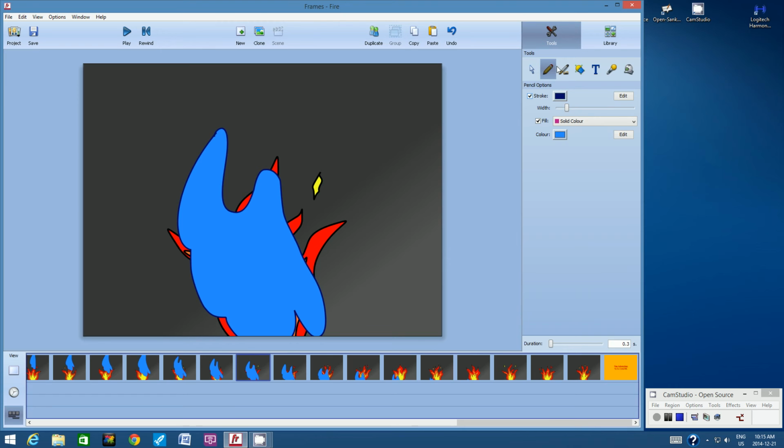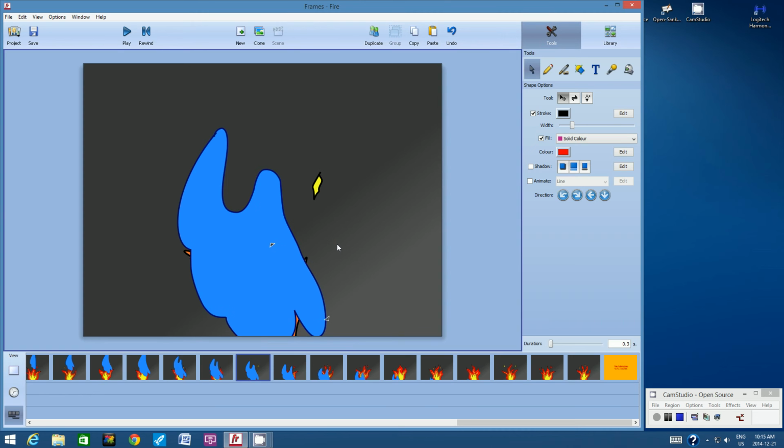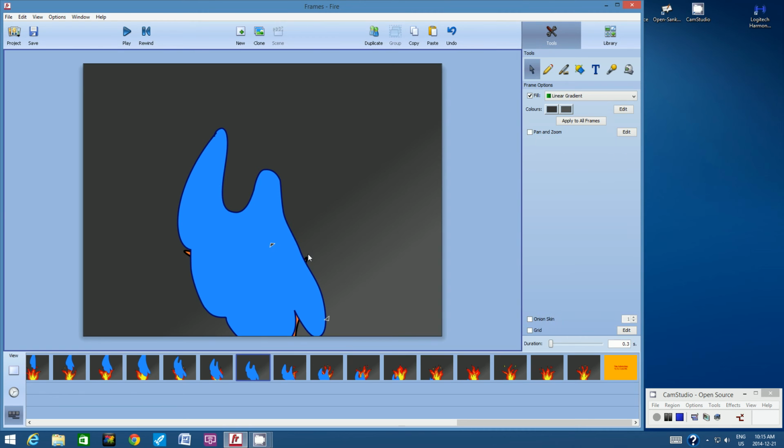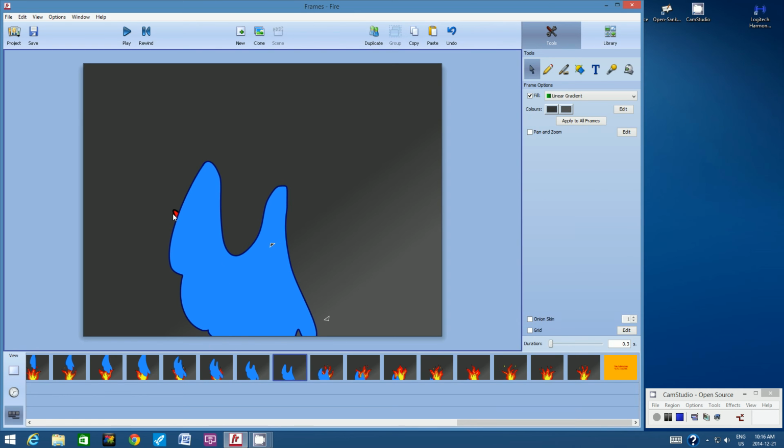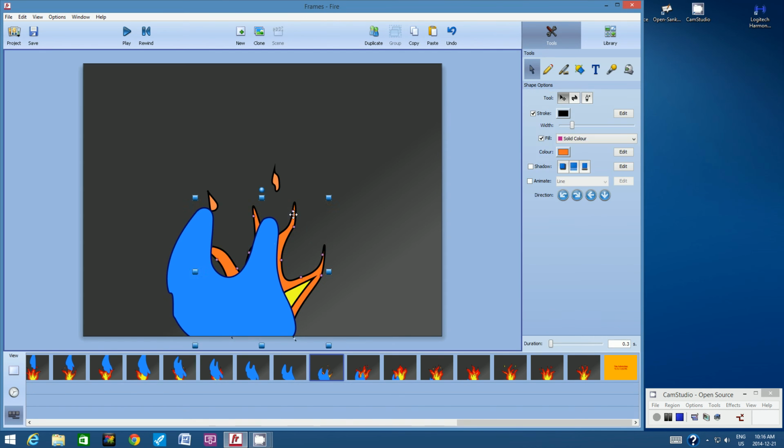So here's how we're going to do that. We're going to go up to the toolbar, from the tools on the right-hand panel, and we're going to click on the arrow tool. And then we're going to click on the elements of the flame, and then hit delete. Okay, so click on all of these elements, and then you see now we've completely deleted the flame underneath the water. So let's go on to the next cell and do the same thing. We're going to click on all of these flame elements and then just hit delete. We're going to keep going. We're going to do that for the remainder of all of the frames,